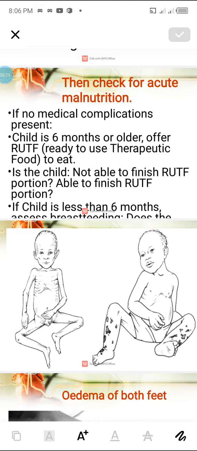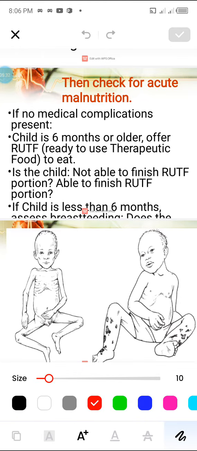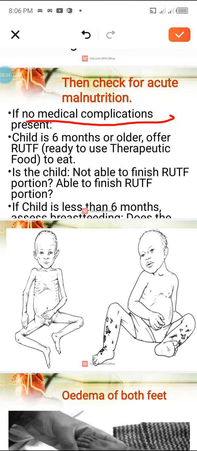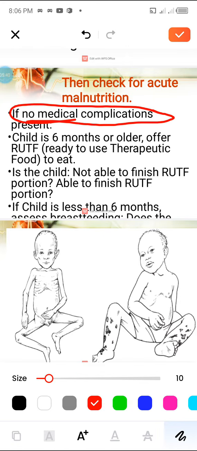Then other things that we need to do are that if there is no medical complication present, then what we're going to do is provide what we call RUTF, which is a ready-to-use therapeutic food for the child who is 6 months or older. So if they are able to feed, then you provide RUTF, which is ready-to-use therapeutic food. It's more like a peanut butter. That's how it looks. So if you provide this food, which looks like peanut butter, but you call it RUTF,